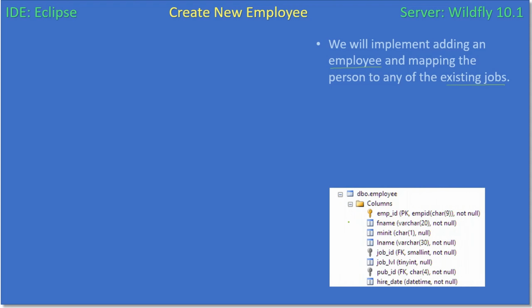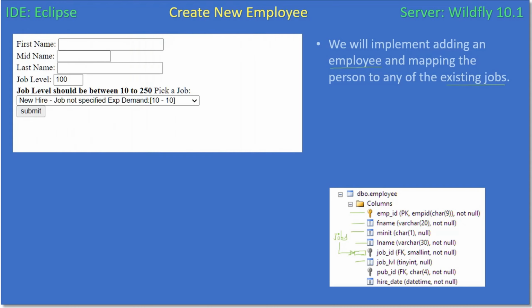Here, if you see, we will add a new employee. ID will get auto-generated. Then we will populate first name, middle name, last name, and we will populate the job level as well as this field based on the join. So the information will come from the jobs table. So if you look at the UI here,